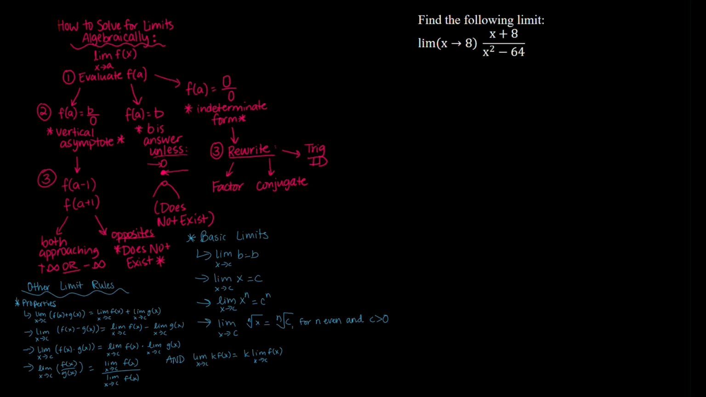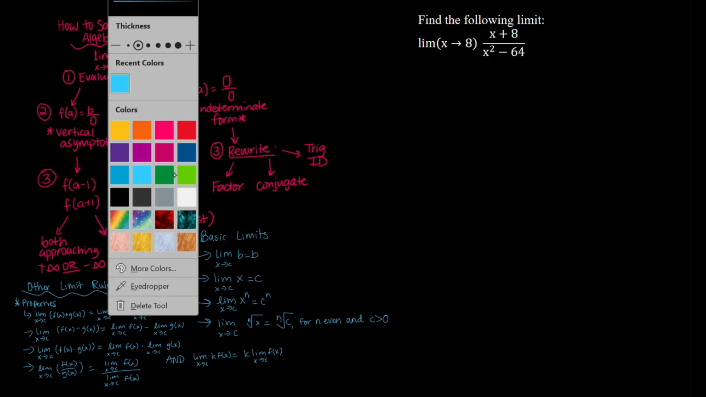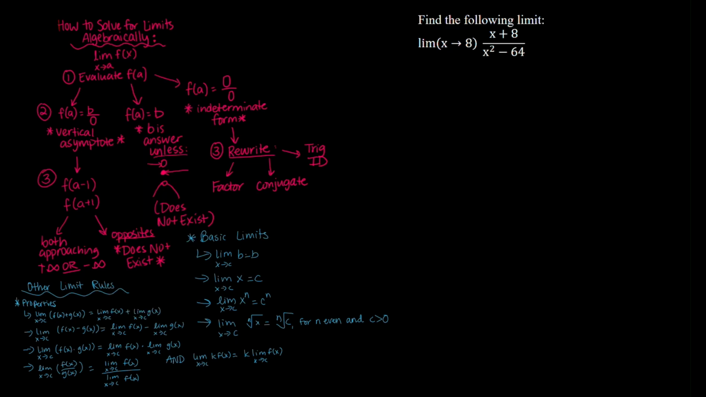Let's find the limit as x approaches 8 of (x + 8)/(x² - 64). To get started, we want to simplify this expression as much as possible. If you notice here, x² - 64 can be simplified by using the difference of squares. So this can be factored into (x + 8)(x - 8) because it's in the form of a difference